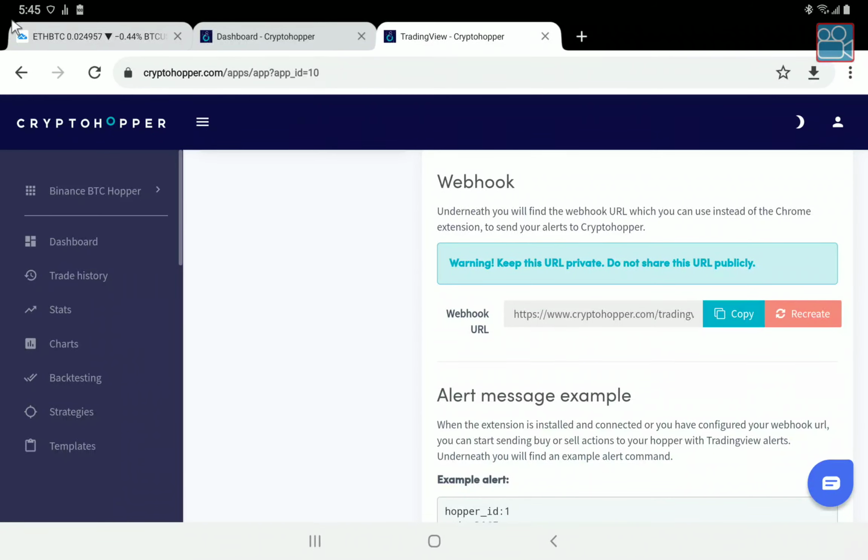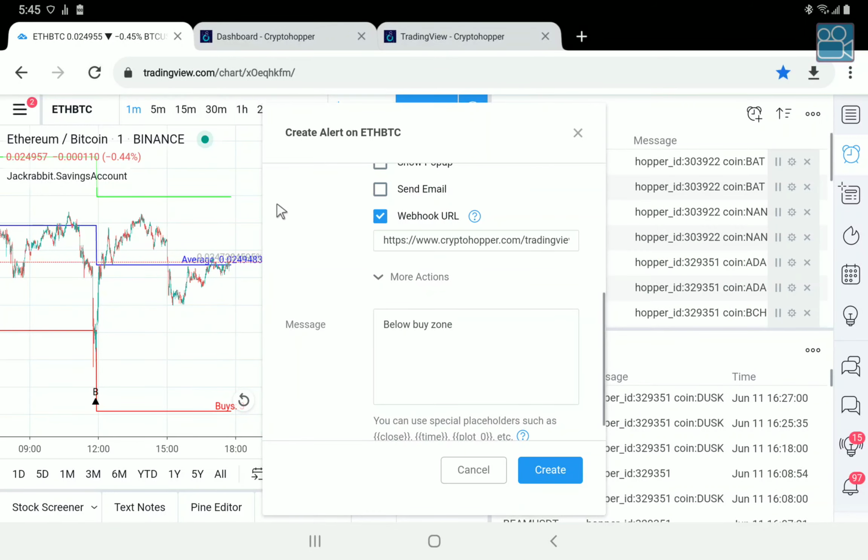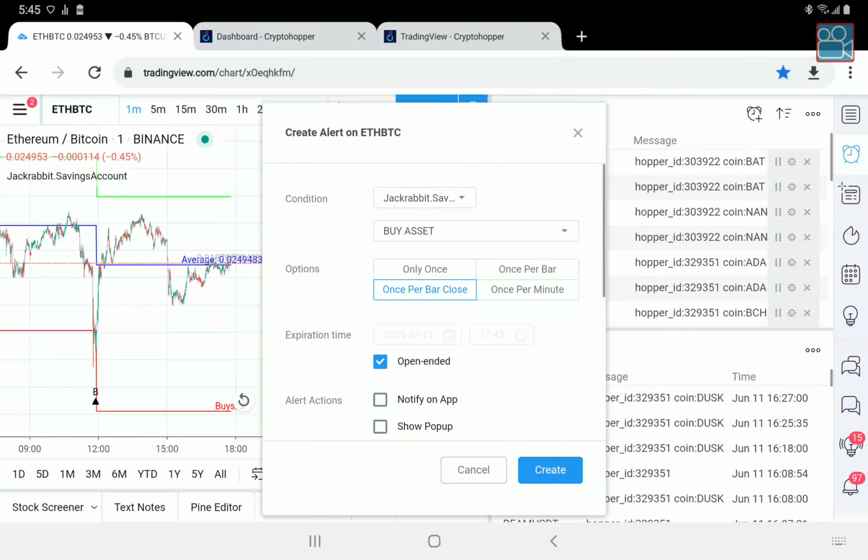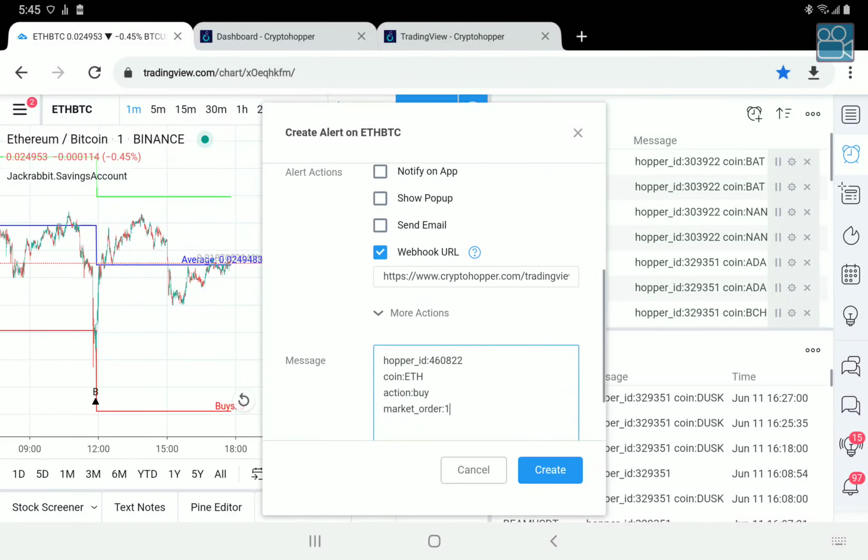Right here's your webhook. That has to be right here. Get rid of the tracer text. Plug your message. Now verify that this says buy and this says buy. Once you're sure,